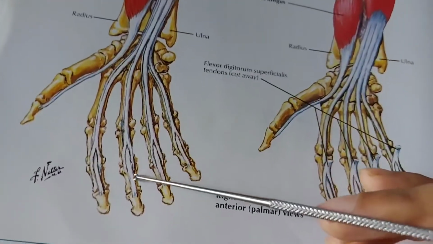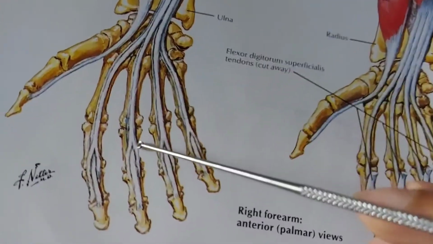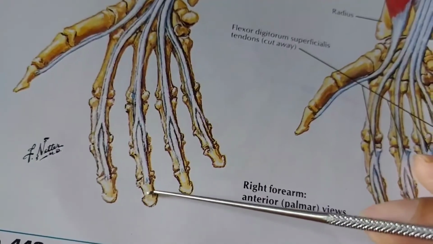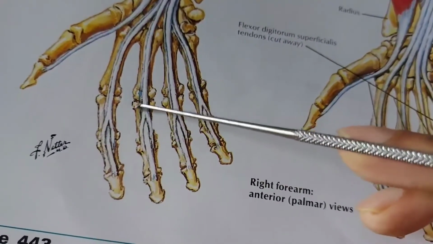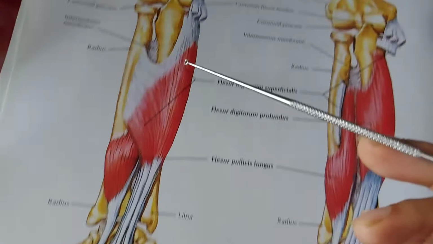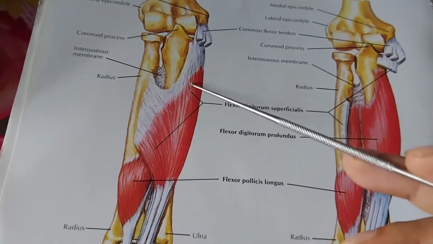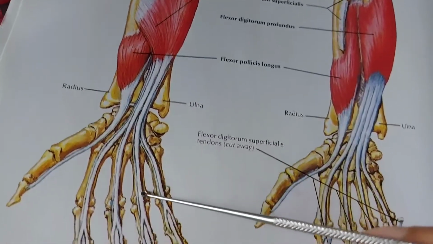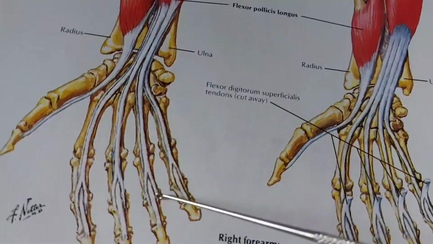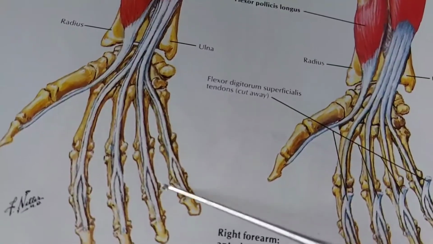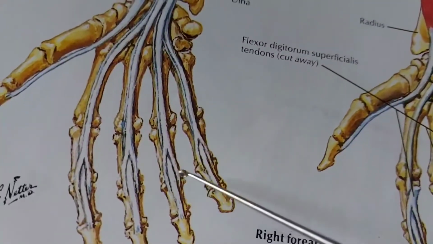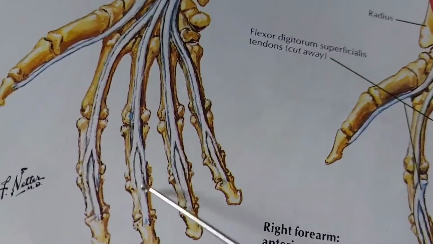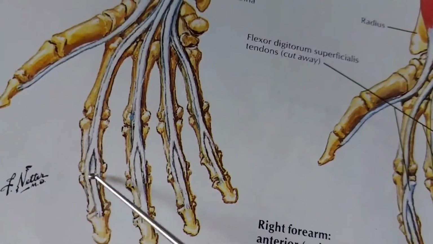Here we see that these tendons finally bifurcate like this. This is the phalanx, this is the distal phalanx, this is the middle phalanx, and this is the proximal phalanx. We see that the flexor digitorum superficialis muscle, originating in this and this part, finally forms the tendon. This tendon finally divides into two parts, and they insert in the middle phalanx on the medial and lateral sides. Each middle phalanx is inserted by this tendon of the flexor digitorum superficialis.